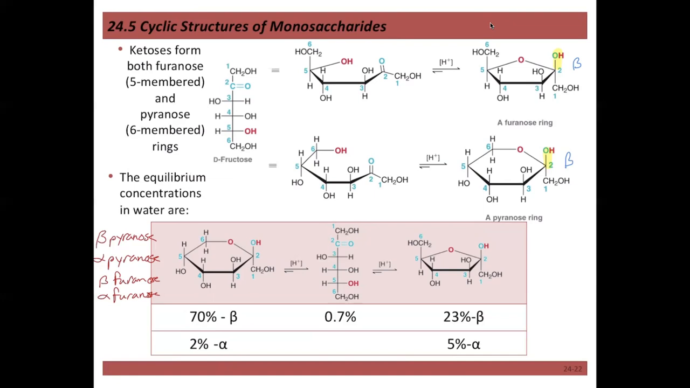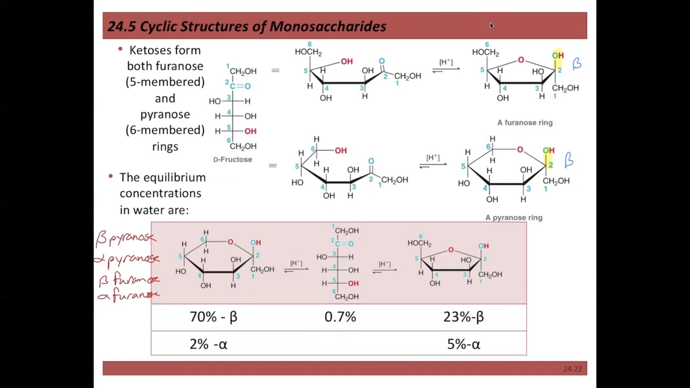So you don't need to memorize these, because if I wanted you to do this, I would say draw the alpha pyranose form, draw the alpha furanose form, draw the beta furanose form, or draw the beta pyranose form. Just interesting to know that they are all different